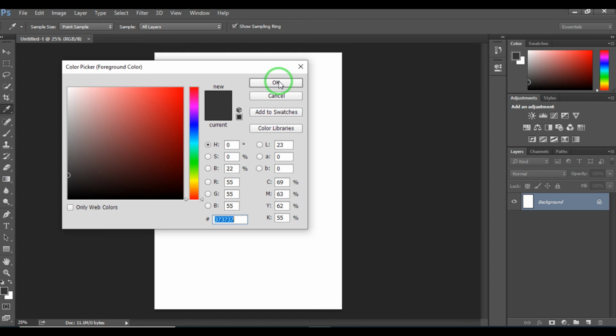Although this CMYK is a standard color model, the exact range of colors represented can vary, because depending upon the printer's setup or the printing conditions, the output can vary.